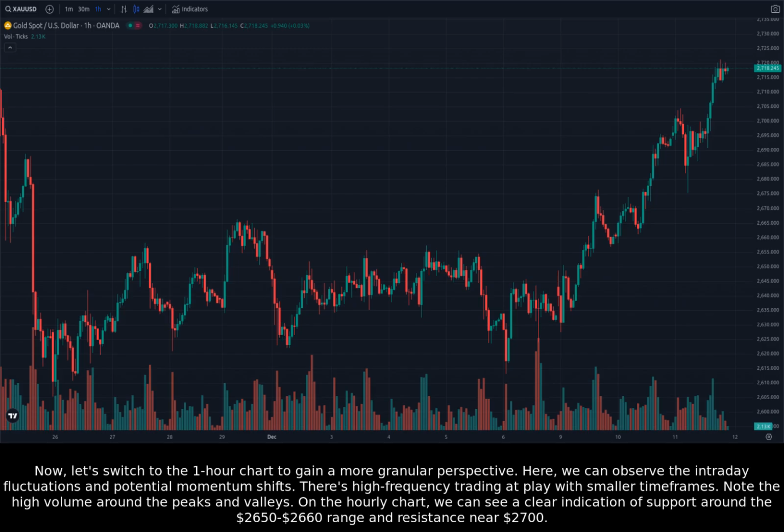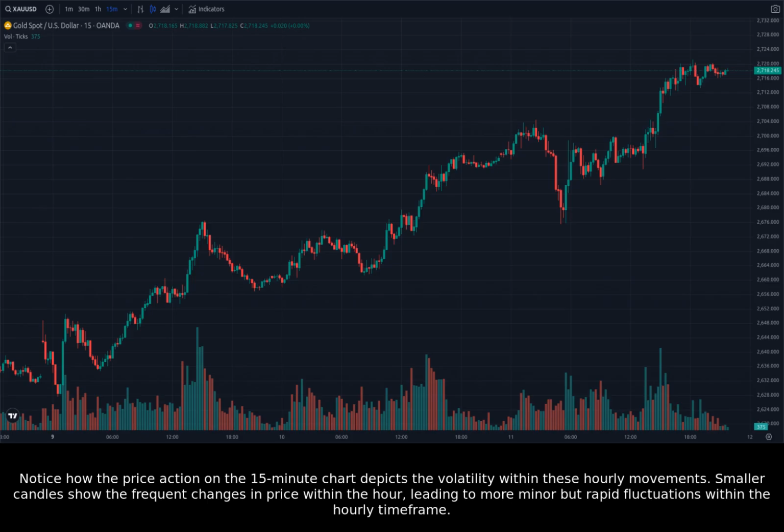On the hourly chart, we can see a clear indication of support around the $2,650 to $2,660 range and resistance near $2,700. Notice how the price action on the 15-minute chart depicts the volatility within these hourly movements. Smaller candles show the frequent changes in price within the hour, leading to more minor but rapid fluctuations within the